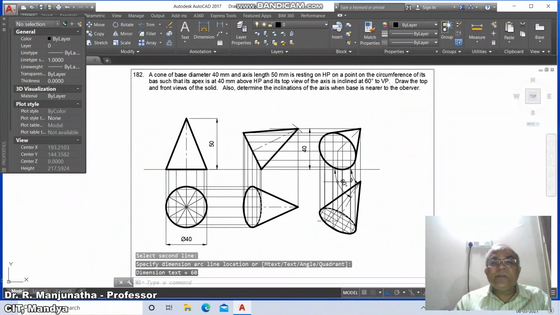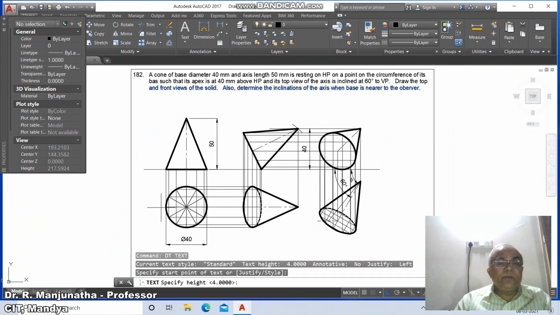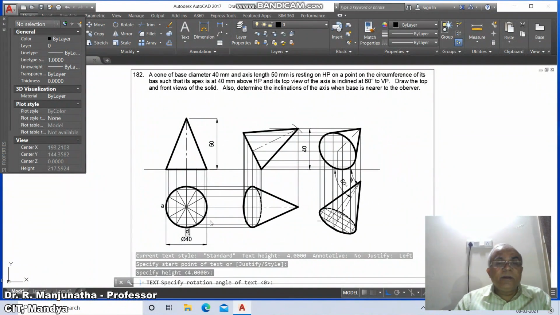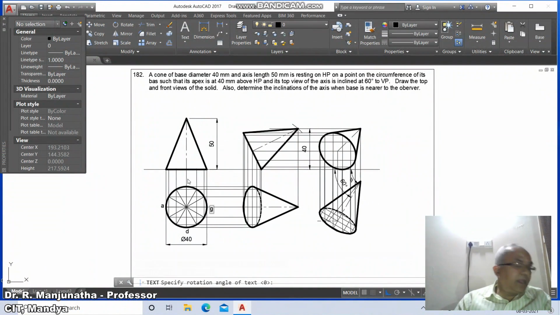Then here you go to D text, and here you type small a, small d, small g, small k, then here it is O, and here in bracket O1, and say Close.